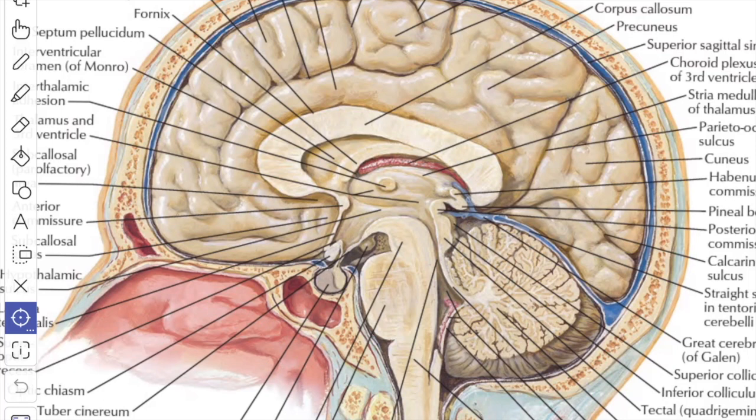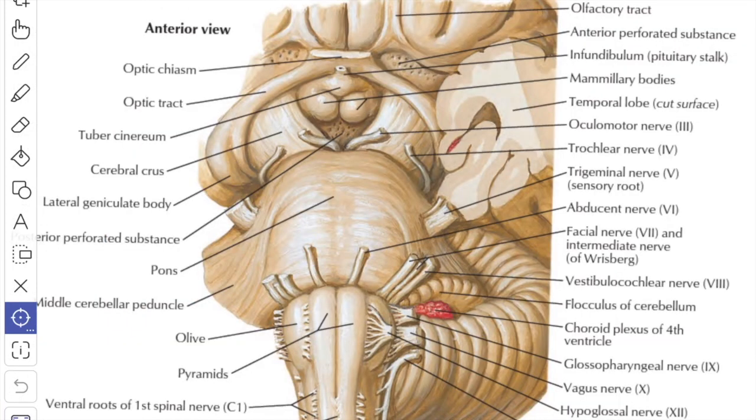In the sagittal section, this is the midbrain. Anteriorly it is related to the interpeduncular structure. Posteriorly it is related to the splenium of the corpus callosum, the pineal body, and then you have the posterior end of the right and the left thalami and the great cerebral vein. Next we'll see the external features.